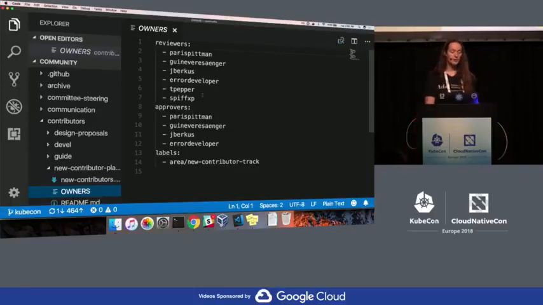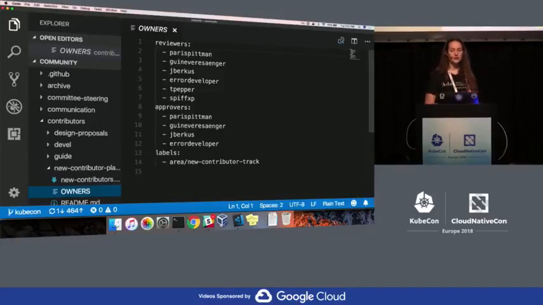In the real world, what this file represents is a level of contributor that relates to the level of your knowledge and history of contributing. So a reviewer is somebody who has knowledge about that particular code base and can give helpful feedback and can go over a pull request and determine whether it's technically and factually a thing that we might want to merge and want to approve. This is where the language gets a little bit weird because an approver is actually one